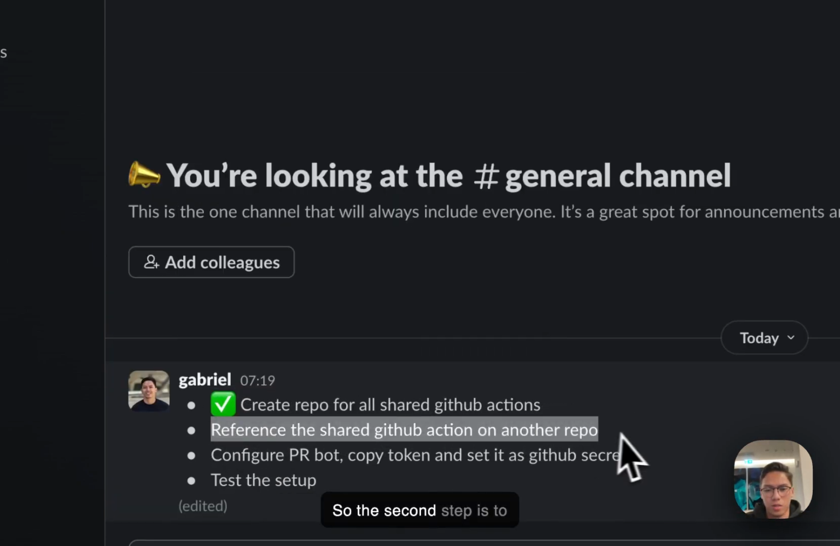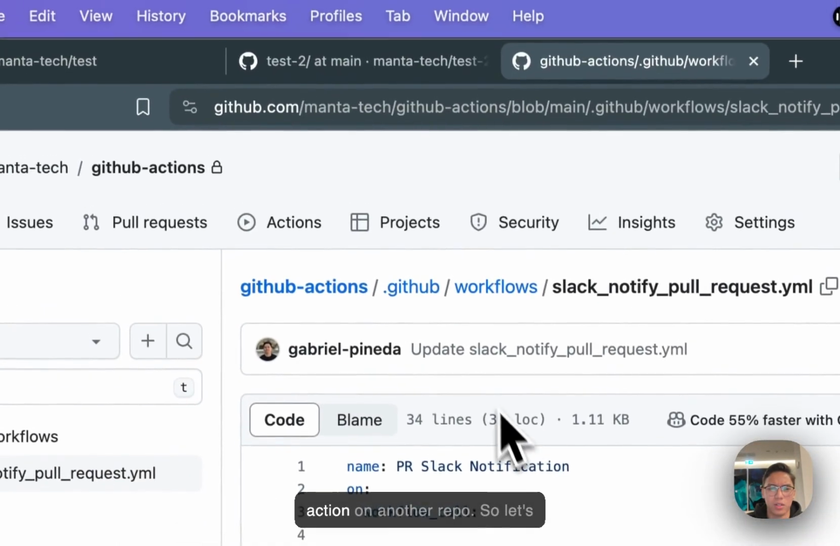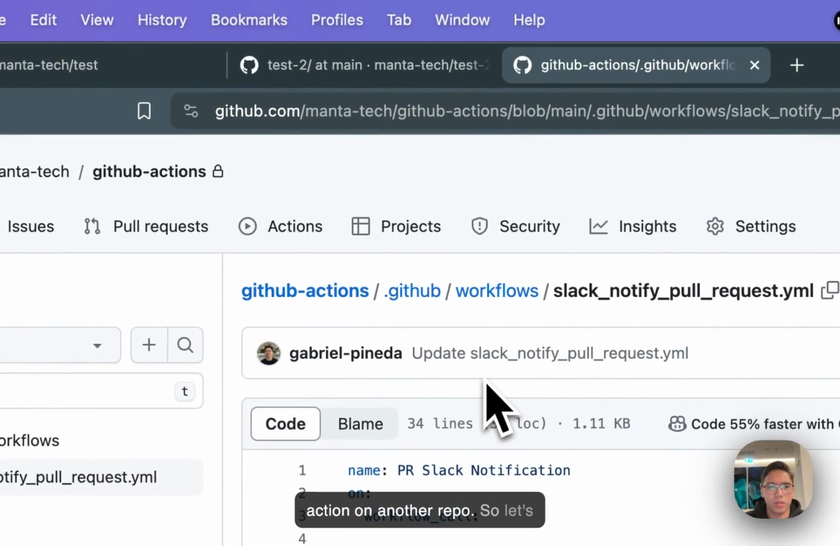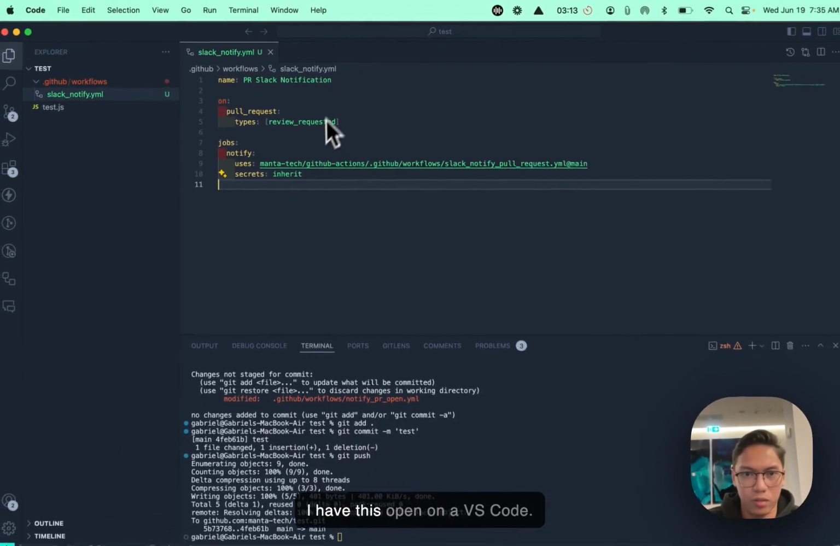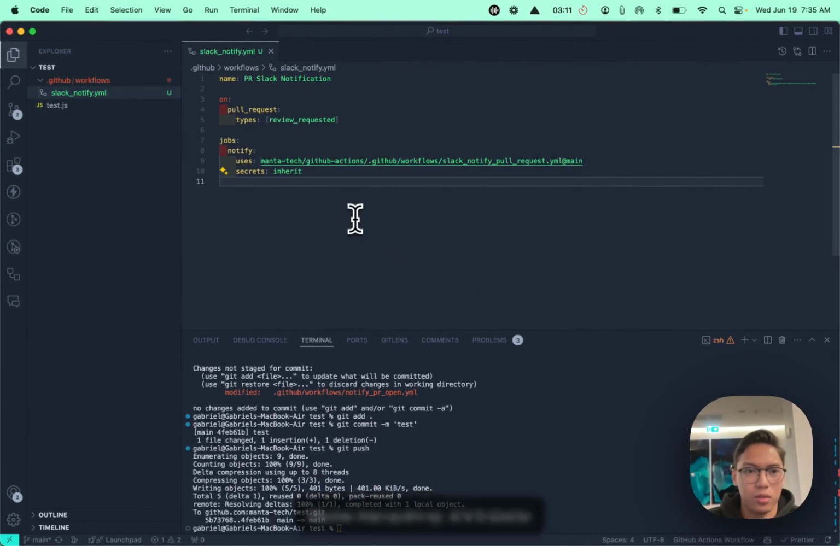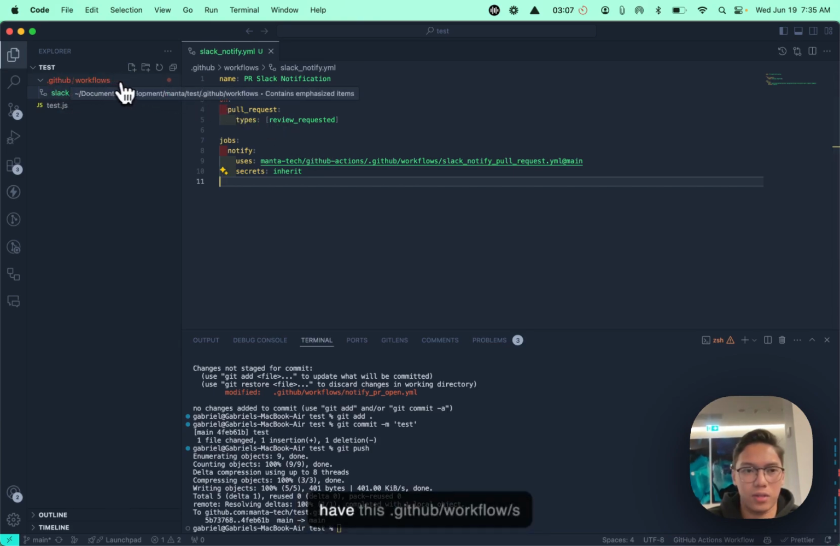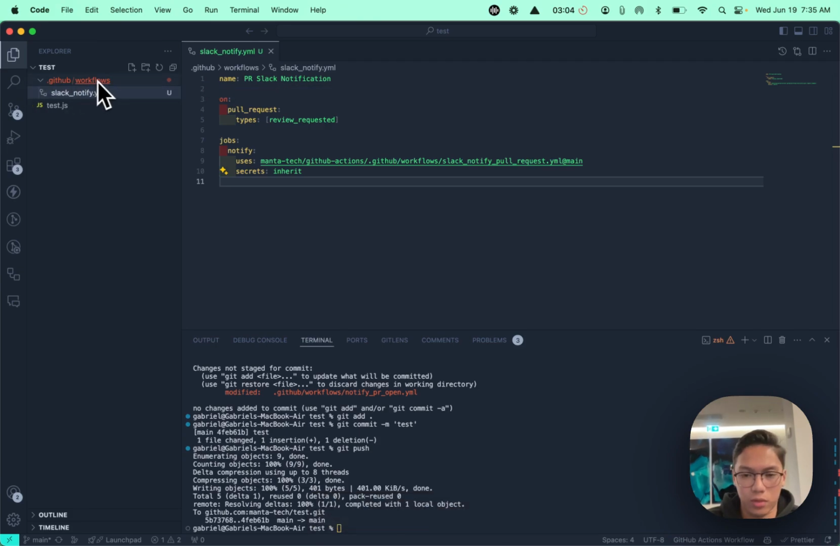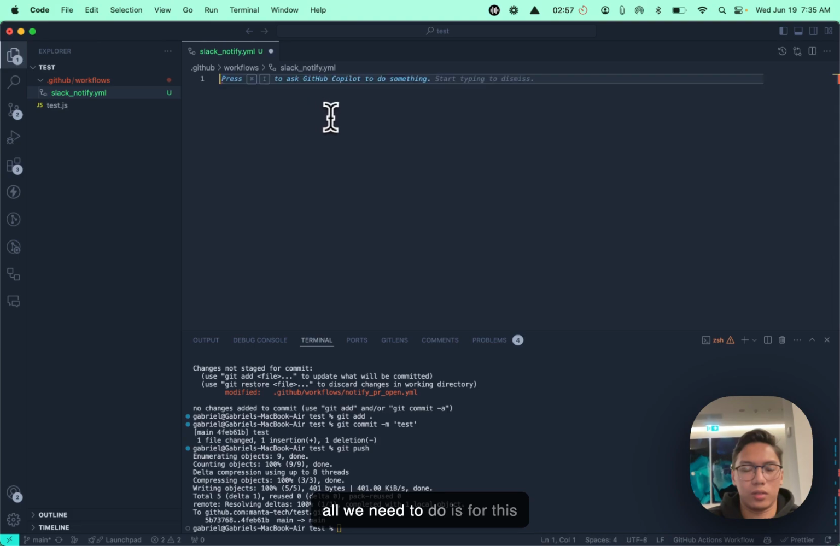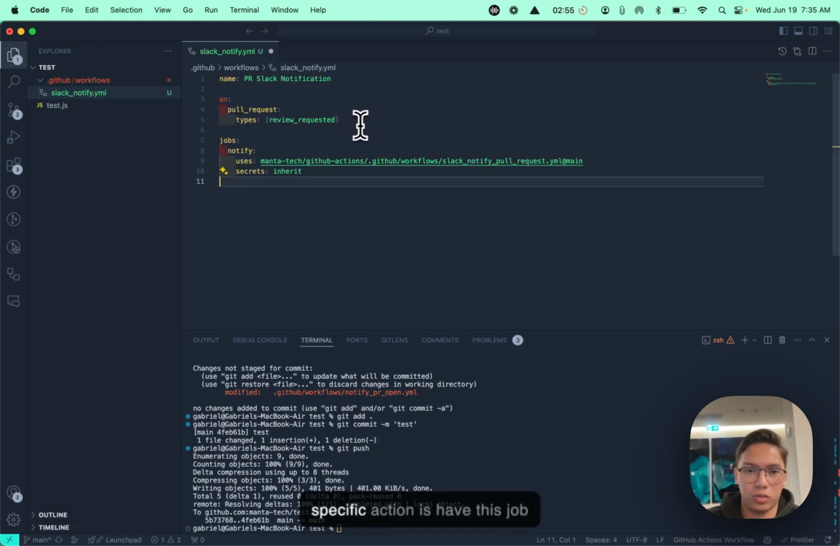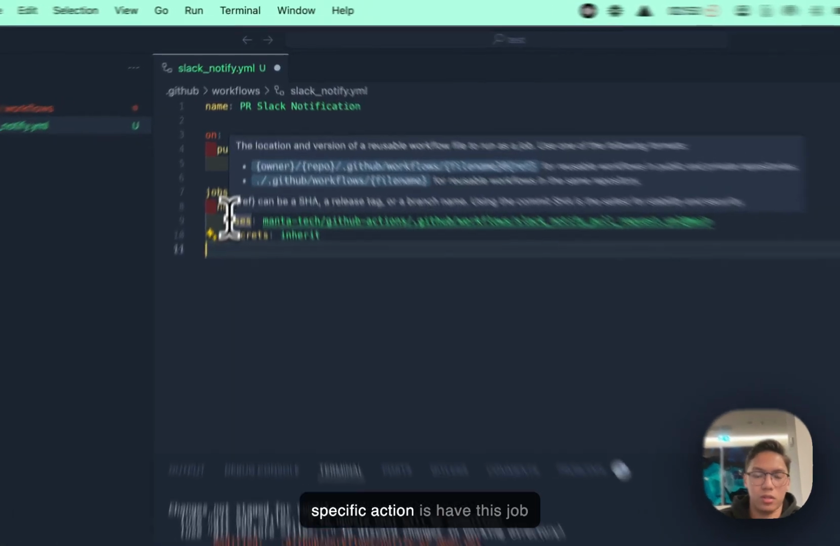So the second step is to reference this shared GitHub action on another repo. So let's say we're on this repo, right? So I have this open on a VS Code. So the same thing, we need to have this .github/workflows folder on our root of the repo, and then all we need to do is, for this specific action, is have this job that